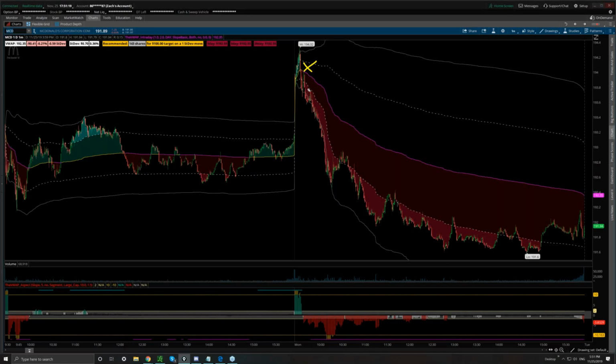Look at how aggressive of a sell-off that was. Barely comes back to the dev band and resumes. You can actually see in here there are a couple more attempts to breach that deviation band, almost all of which failed.